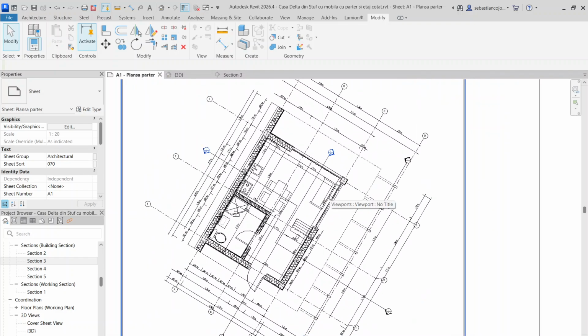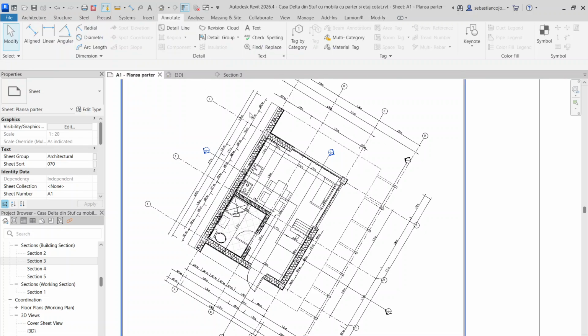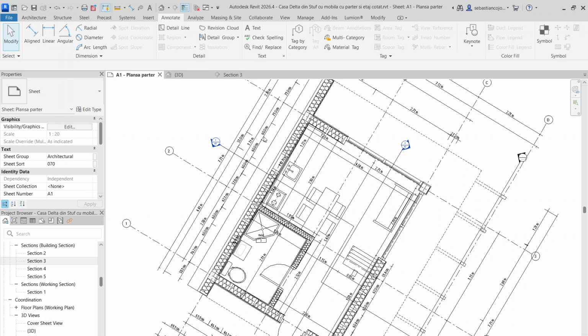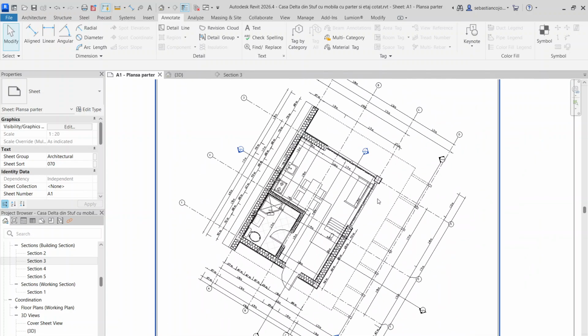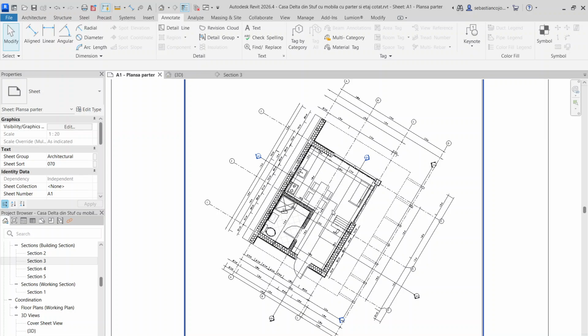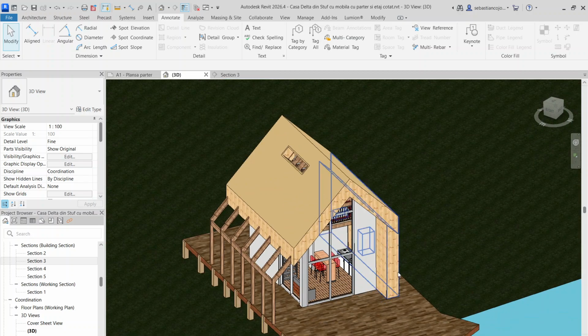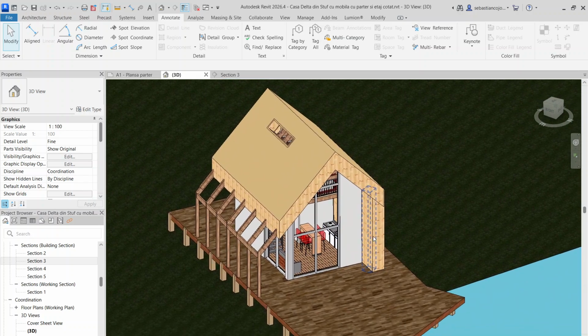Hello everyone. In this video I will show you how to annotate the plan to do technical documentation and so on. As you see here, I have an already made project. I have this house made in this model, and now I'm going to show you how to annotate this house. I will give you the project file in the description from which we start, and then we'll annotate the plan for the ground floor and then for